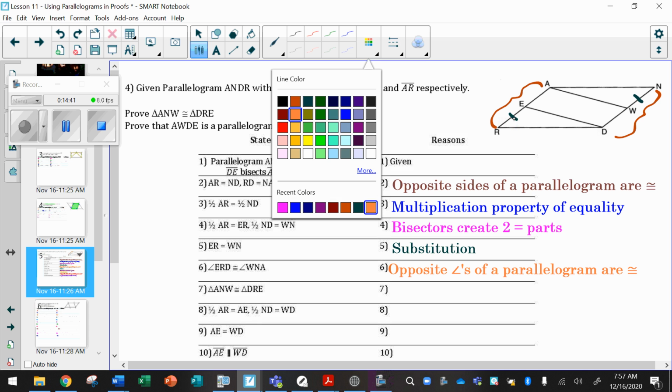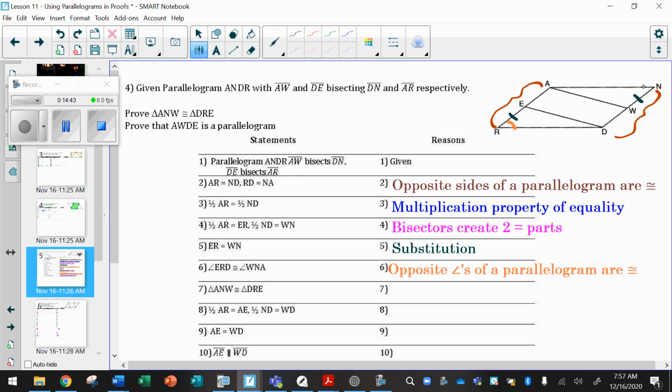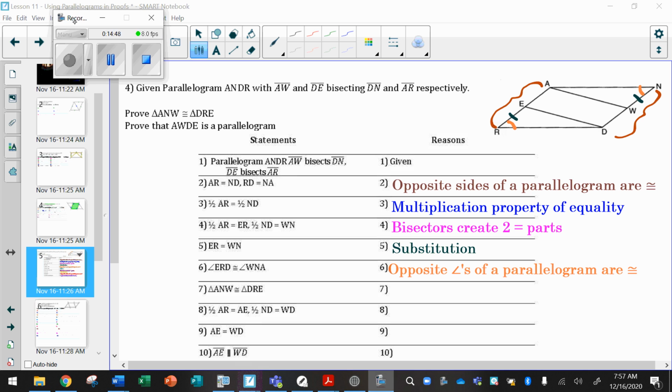Sorry, I didn't say that right. That's an easy one to remember if you remember that there was a parallelogram given. All right, next. If you look at what we have so far,